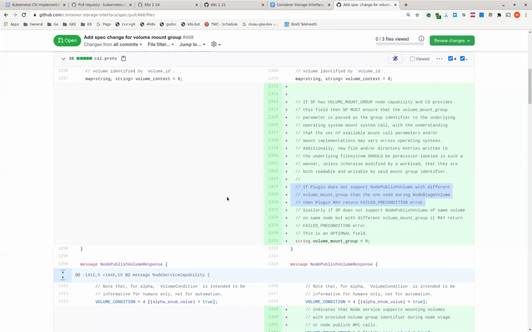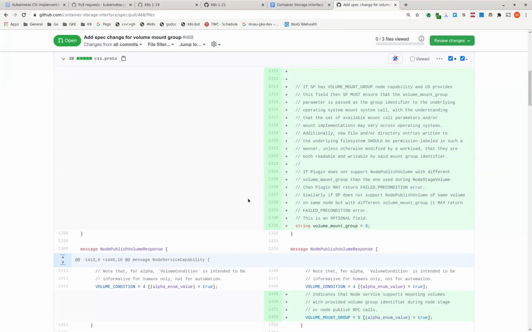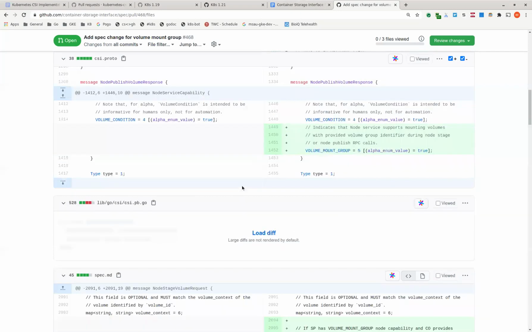I guess, is James referring to these two clauses here about having the different mount groups? I think he's referring to the error section actually. If you go down in the spec.